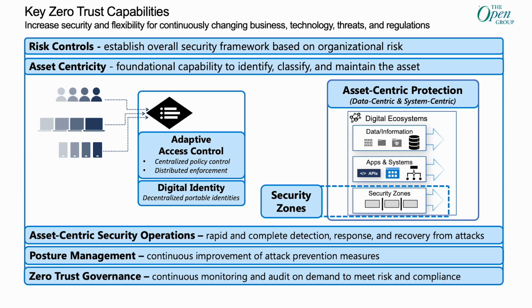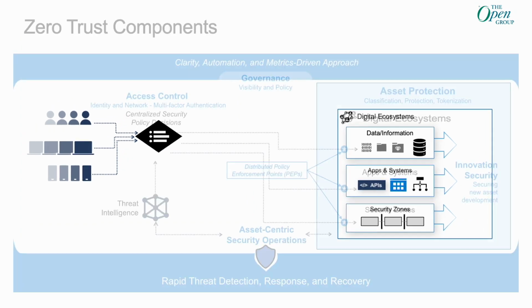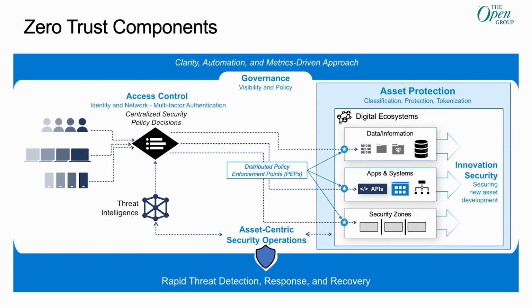And so that's a big part of what the Open Group work has been doing, is to define these capabilities. And this is from the reference model standard from the Open Group is where this diagram is from. And this is getting into the technical or architectural diagrams of what zero trust is. We're going to show you three different ones of these. The first is from the Open Group, then the NIST ones, and then the Microsoft ones. And you'll start to see some of the similarities among these.